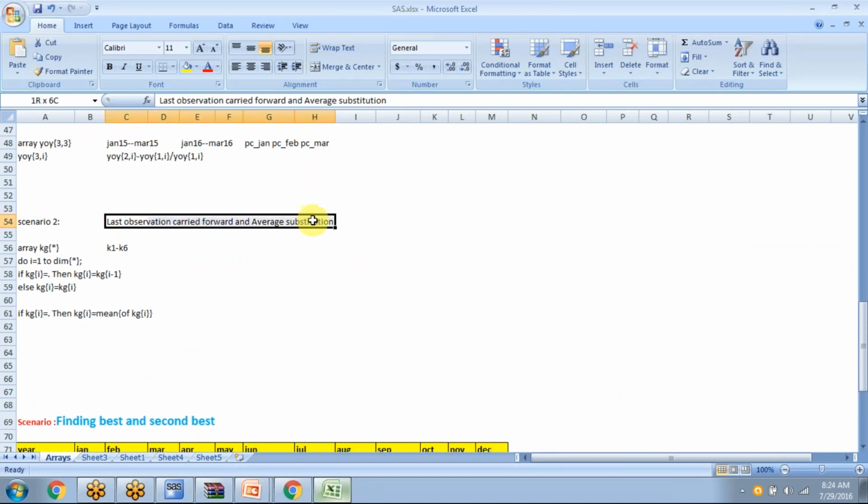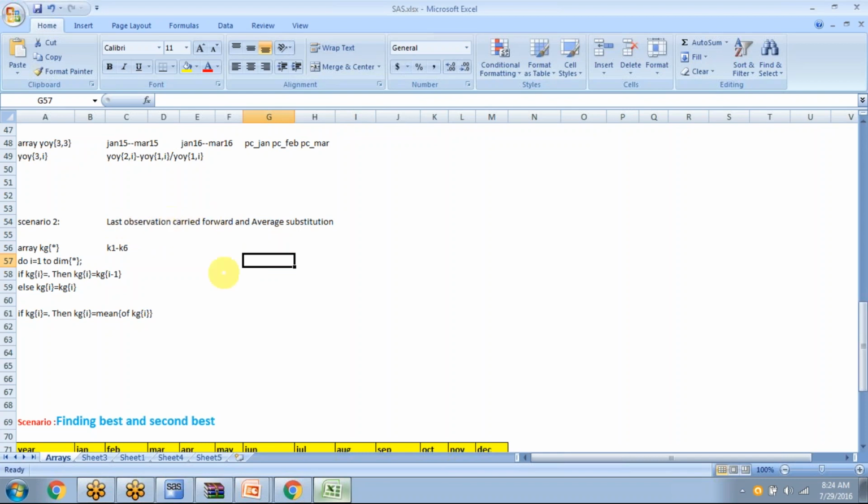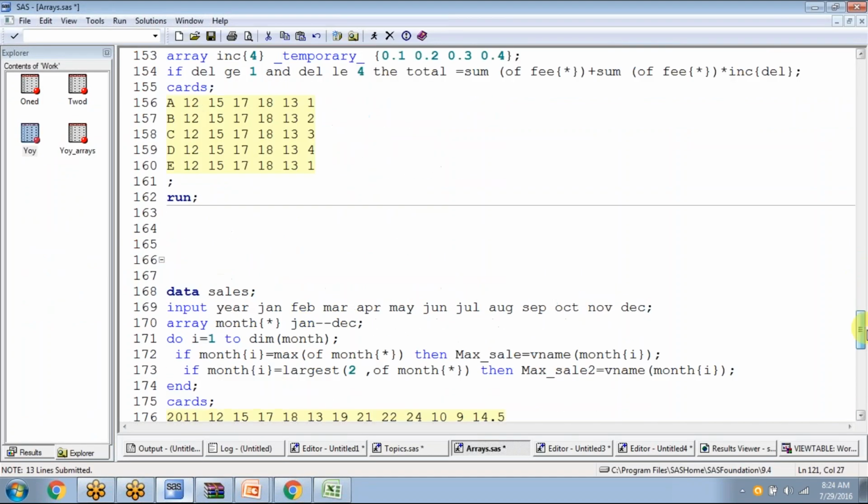Last observation carried forward and average substitution. Let's see how, if the values are missing, to take the mean and substitute, as well as how to carry forward, how to take the previous value and substitute. Let's see those examples now. For example,